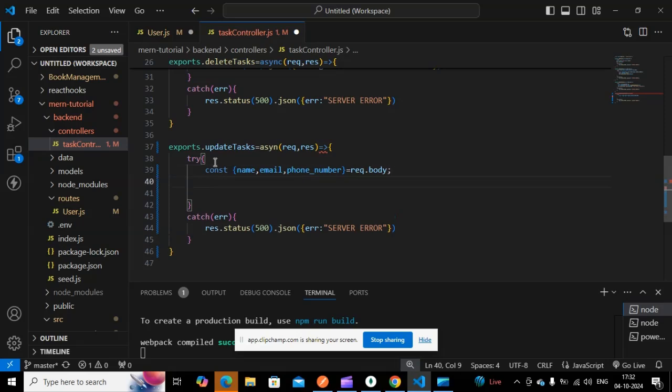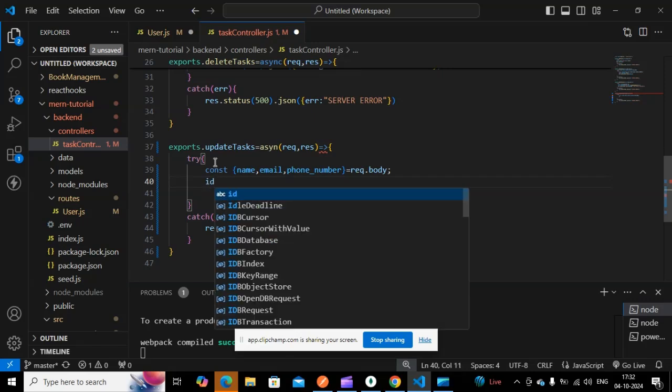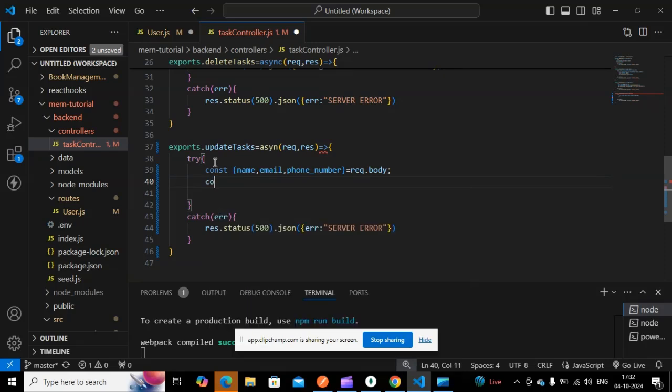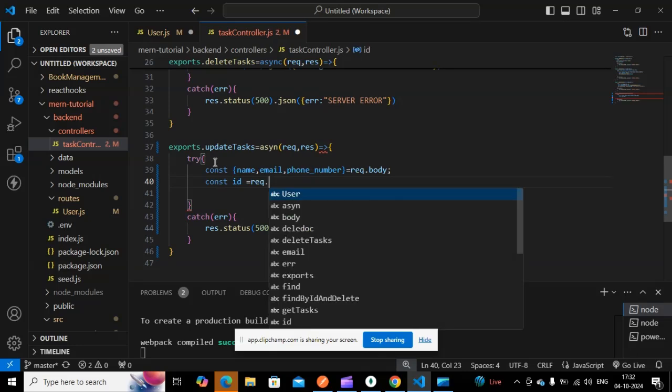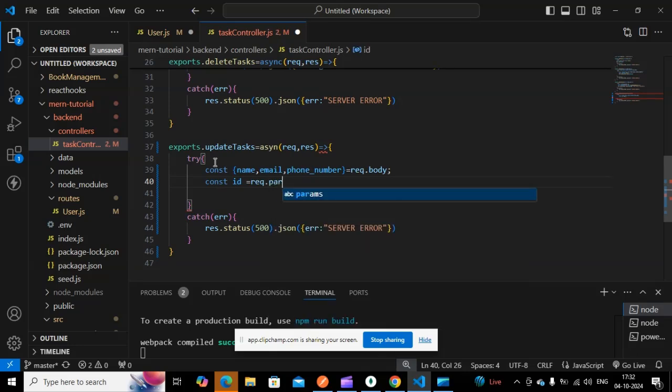And also the field of which the id has to be updated. So we have to give an id over here. And also here I have params, I got the id. So for that I have to give a constant id equal to request.params.id.